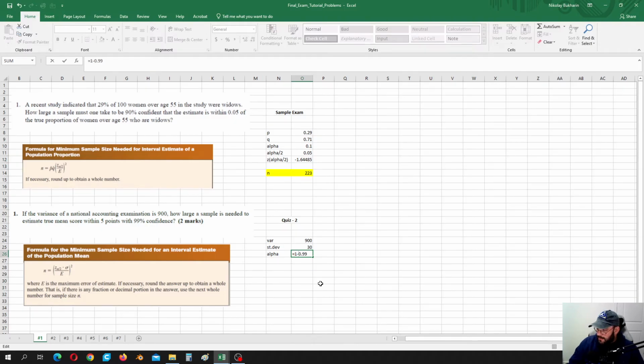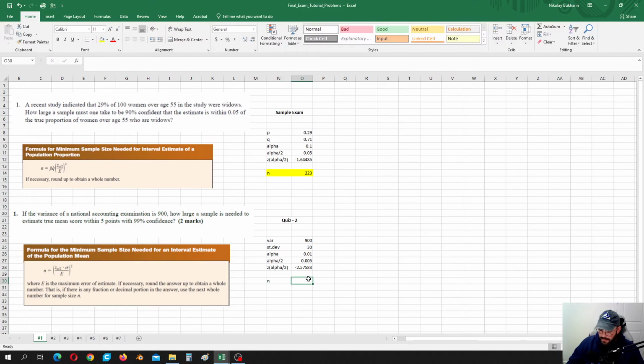Okay, and alpha over 2 is equal to 0.01 divided by 2. Okay, so then our z alpha over 2 is equal to normal standard inverted from this here. Again, it should be a negative number, and then we are ready to calculate our sample size,